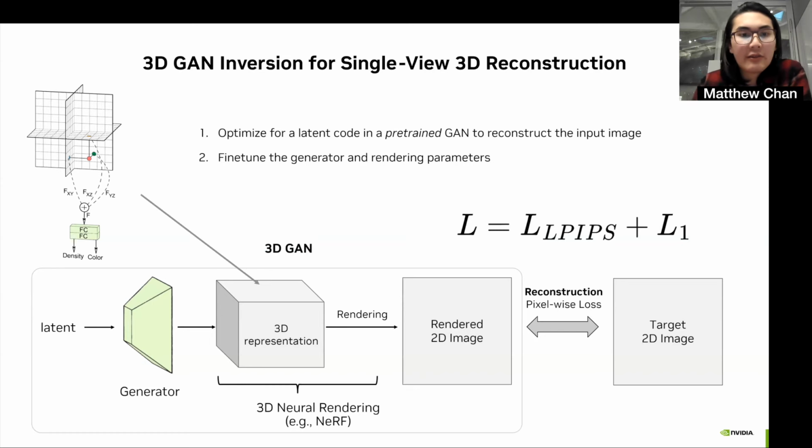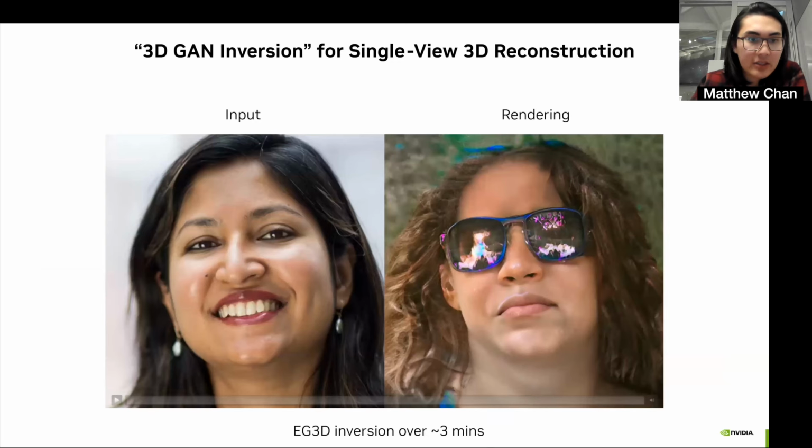First, we'll use iterative refinement to find the latent code in a pre-trained GAN for a 3D human that approximately reconstructs the target image from a specific view. And then we can optionally add a lightweight fine-tuning step to the generator to make it so that it matches the exact pixel-wise identity. I'll give a little demonstration here, if this video will play here.